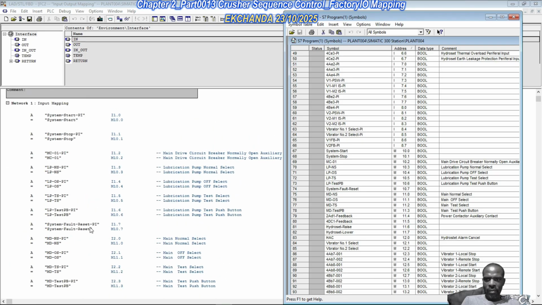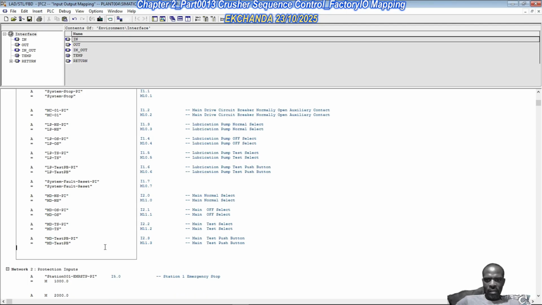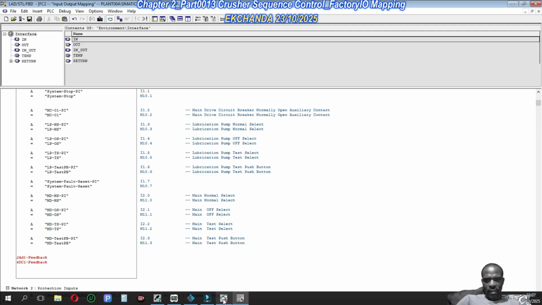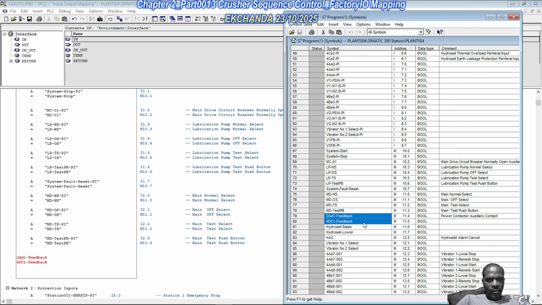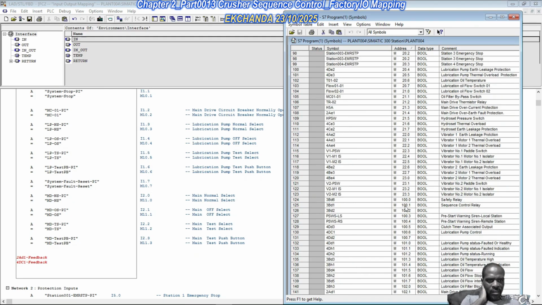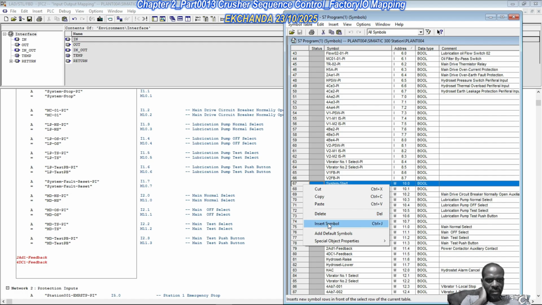Okay, so normal inputs it is. So we're saying we need these two, externally. For input addresses we went as far as input 8.7, so we need to insert two of these. Insert symbol,